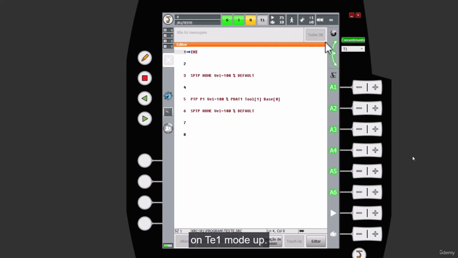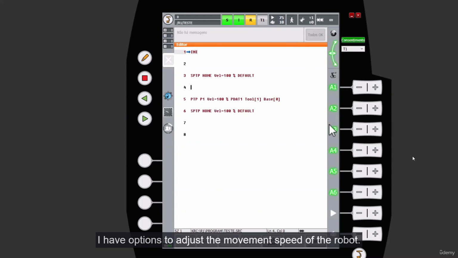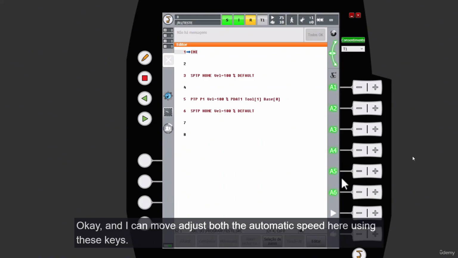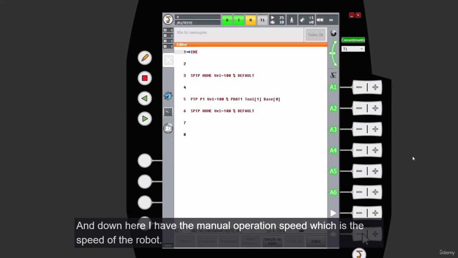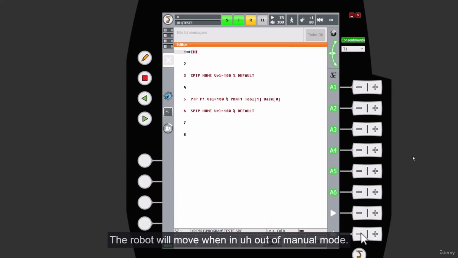Here, working in T1 mode, I have options to adjust the movement speed of the robot. Okay, I can adjust the automatic speed here using these keys. So if I click minus here, you see that the automatic speed decreases. Okay, so this is the automatic speed. I can increase or decrease it using these keys here. And down here, I have the manual operation speed, which is the speed that the robot will move when in